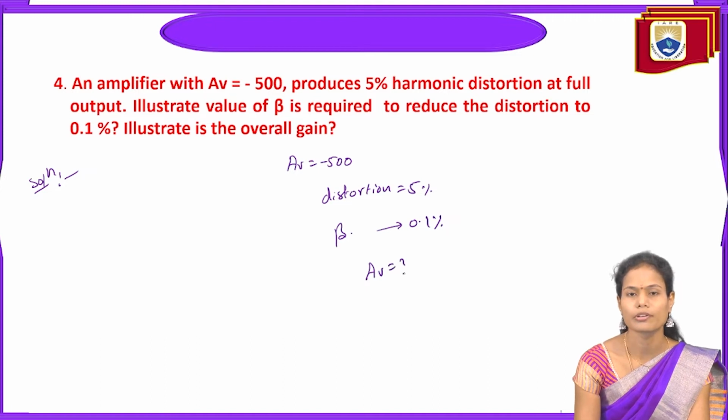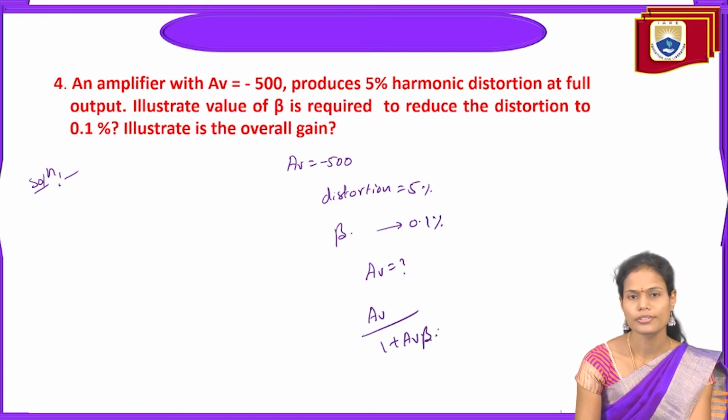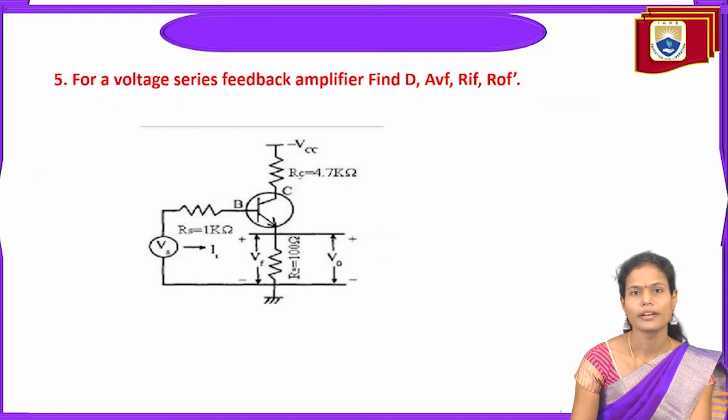So this is also similar to the previous kind of problem only. First find the beta value, then find the voltage gain by utilizing the AV by 1 plus AV beta formula. So this problem also we already discussed in the problems on feedback amplifier session. And next problem is for a voltage series feedback amplifier, find the distortion, gain with feedback, input impedance as well